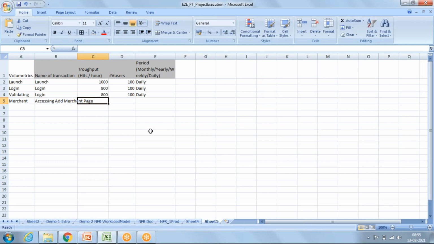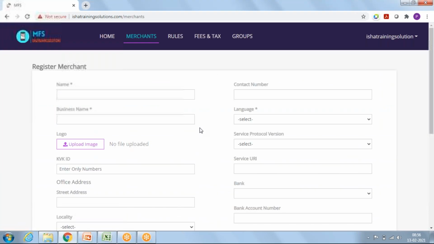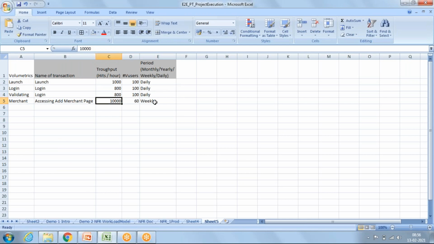Just say 10,000. Might be 60 users in a week. That means 60 users are clicking on merchant and they are launching this page 10,000 times in a week.